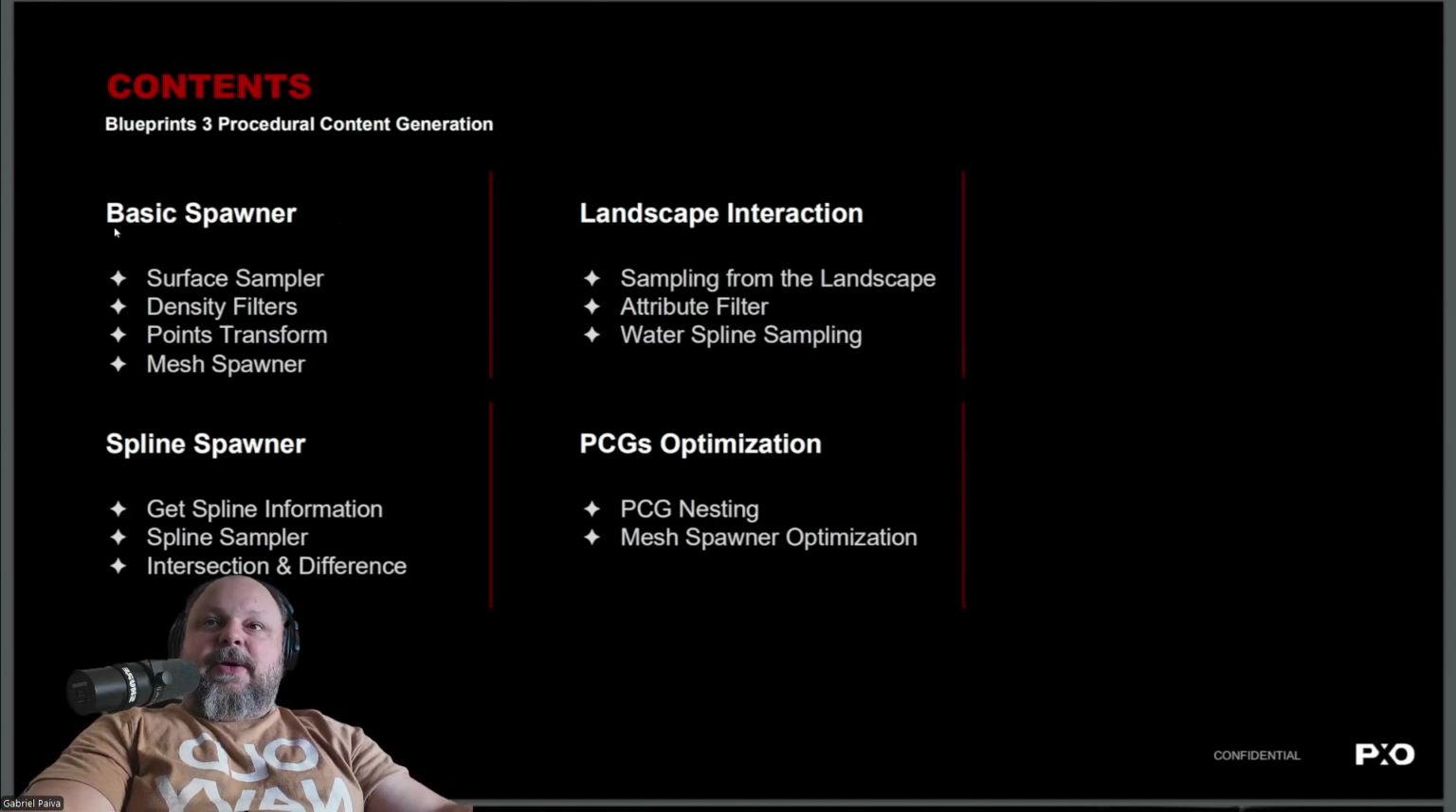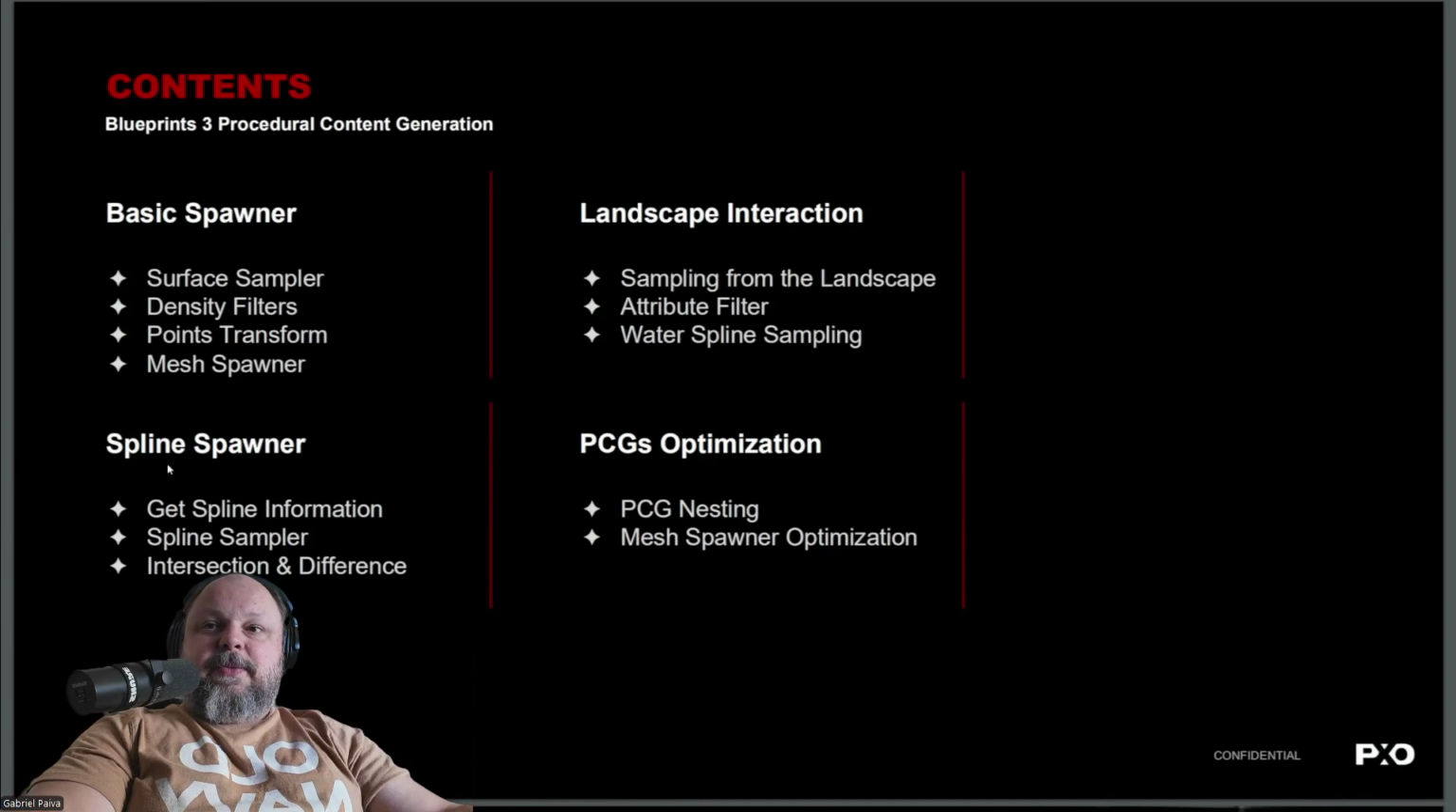So we're going to be talking about the editor. We already went through a little bit of the PCG editor. So we're going to go straight in and talk about the basic spawner. We're going to be talking a little bit more about the samplers and the density filter, how to transform them, and how to assign a particular mesh to be grown in those particular samples, right? But then we're going to start doing a little bit more customized